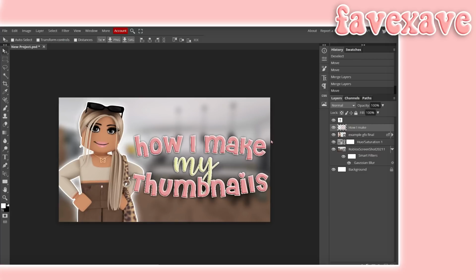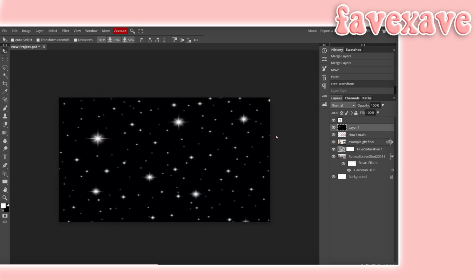And then now we want to add more effects. Like if you want to add sparkles, sun rays in the back, anything else. If you want to add emojis, which I love to do, you can go ahead and add that. So I am going to go to the website that I always get my emojis on, and then find sun rays and sparkles, and we can see if we want to add that into our thumbnail. So I found some sparkles and I already added it onto my screen,